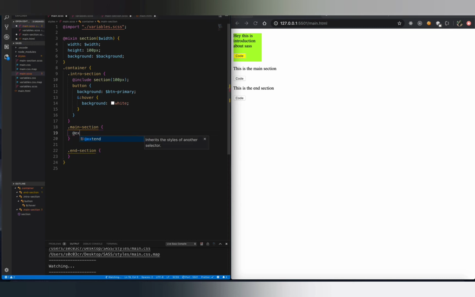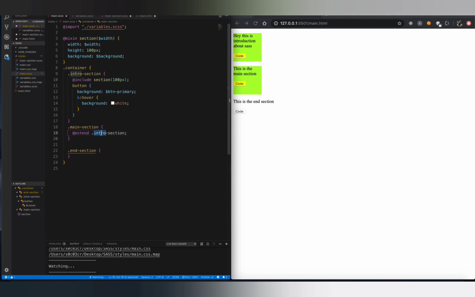So you say @extend, this is the syntax, and you give the name of the selector whose style you want to inherit. So in our case, main section and your end section basically look like your intro section. So I want to extend the styles from intro section. So I'm going to say intro section. Okay. So now your main section has inherited all the styles from intro section.